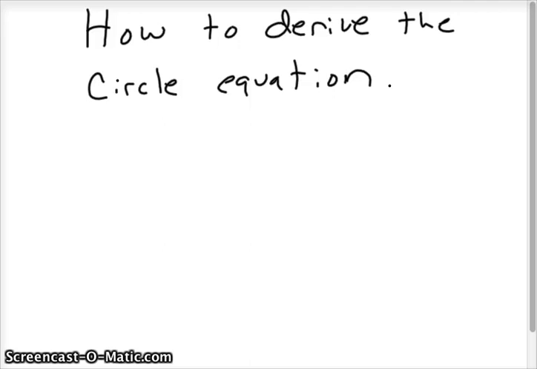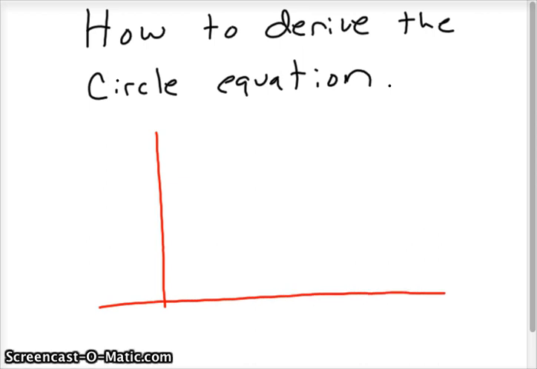Okay, how to derive the circle equation. I can just give you the formula for a circle equation, but it's kind of cool to derive it. So let's say we had a circle on an xy plane. There's your y axis and there's your x axis, and let's just put a circle out here that's centered maybe here,